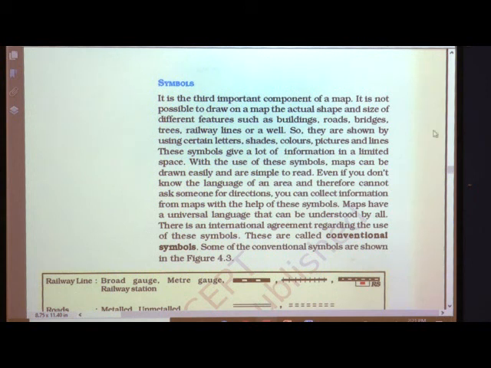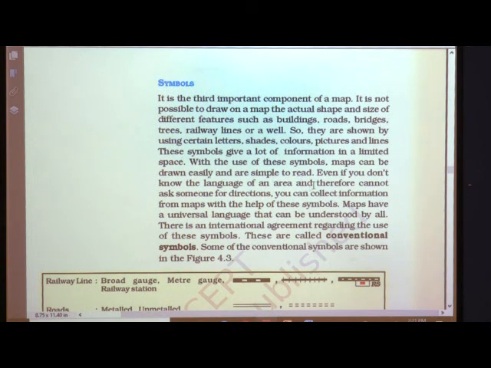They are shown by using certain letters, or we draw, or we use some colors and shades, or even lines and pictures. These symbols give a lot of information in a limited space. With the use of these symbols, maps can be drawn easily and they are simple to read.